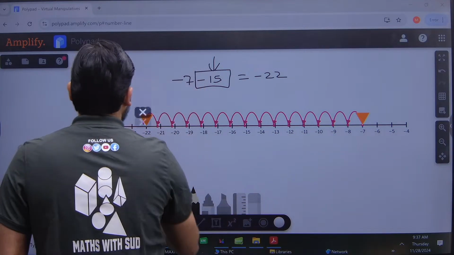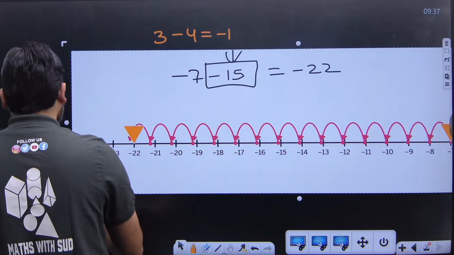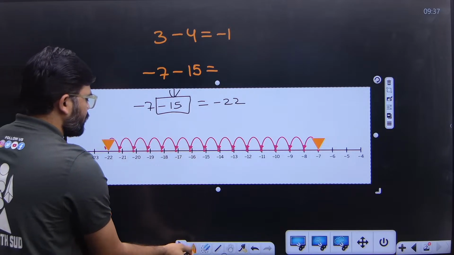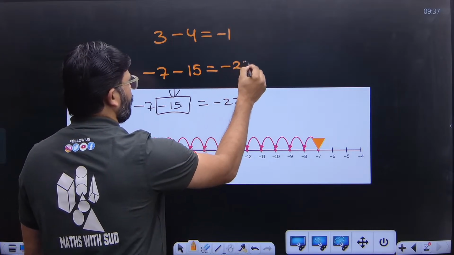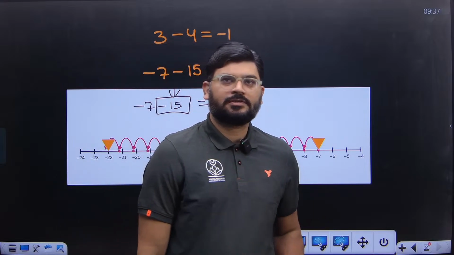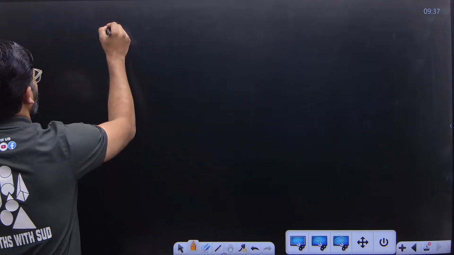Yes. Now every time you are not going to draw the line segment. Every time you are not going to jump. So what is the procedure to do all such kind of questions? What is the quick way to do all such kind of questions? So there are two simple rules. What are the two simple rules? The first rule is,